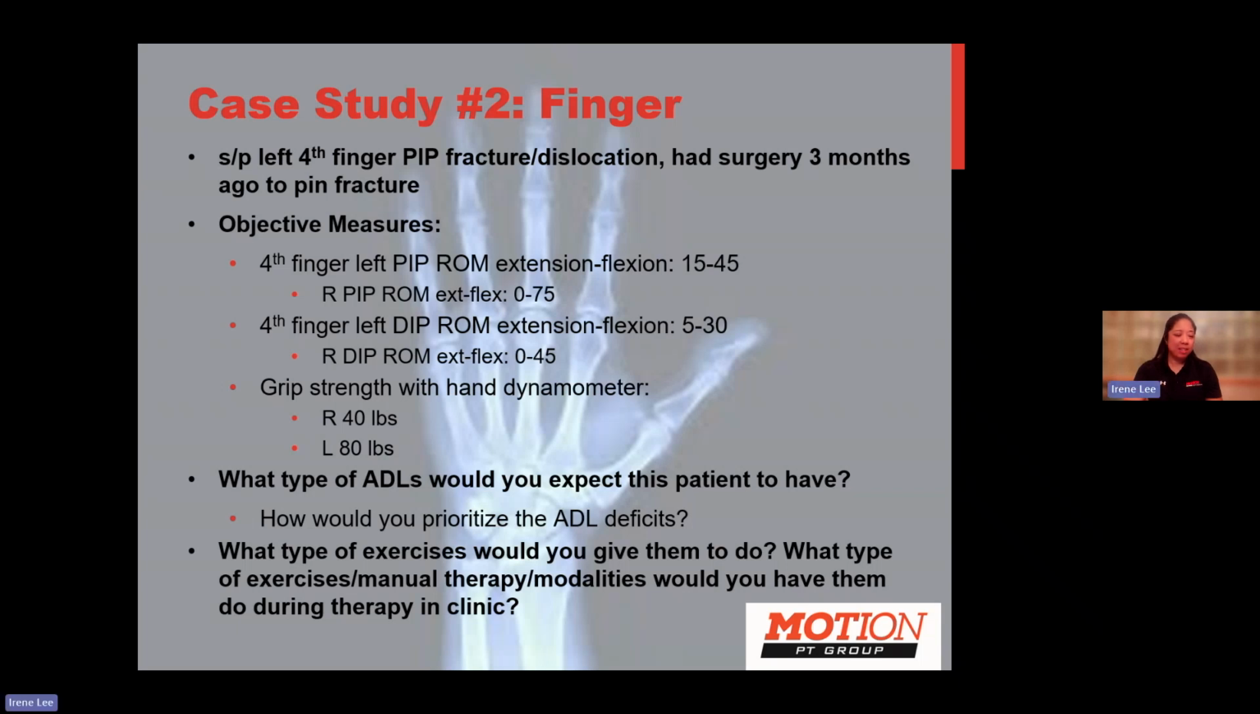And just for reference, this was the one that apparently when he went to a different clinic first, they said, "Hey, I've never seen someone come in with a pin before for a finger fracture. That's really cool." And I was like, so